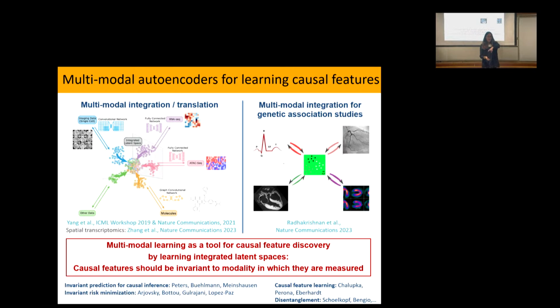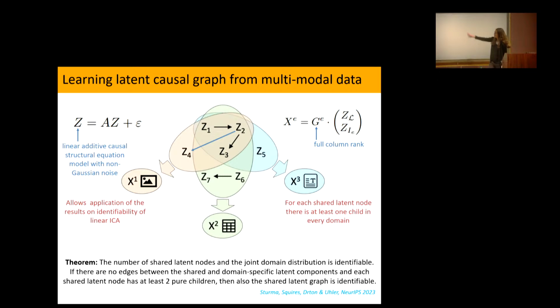Now, of course, if you have a Gaussian distribution with all of its symmetries, there are many ways to align two Gaussian distributions, and there is no way for me to tell which one is right. Okay, so that already tells you from the application why, in the theoretical results, you will need non-Gaussianity here in the noise. But generally your distributions are not Gaussian. In particular, if you have many different cell types, et cetera, then you already know that the distribution is not Gaussian. So some of these assumptions are very intuitive. You already know that you will need it.